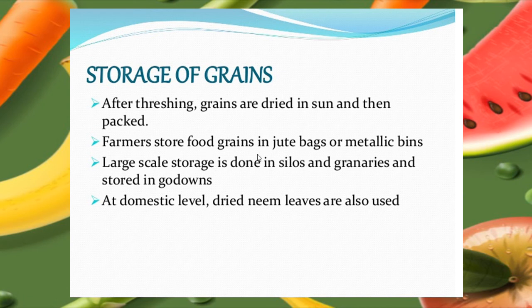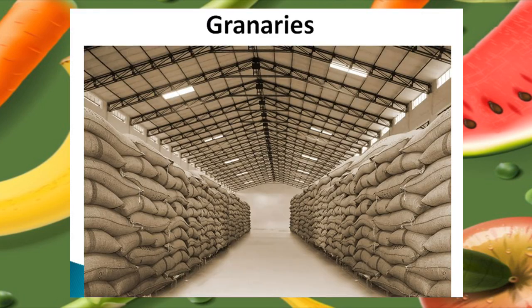Then farmers store food grains in jute bags or metallic bins. Large scale storage of the grains is done in silos and granaries, and then these are stored in the godowns. At domestic level, dried neem leaves can be used to store the grains. Here you can see the picture of granaries. The grains are properly dried, then these are packed in jute bags, and then these are stored in the